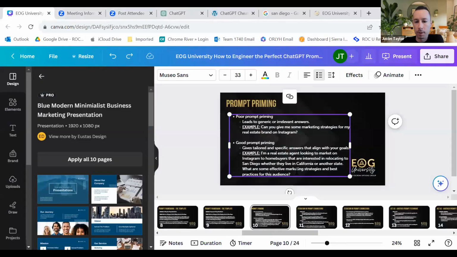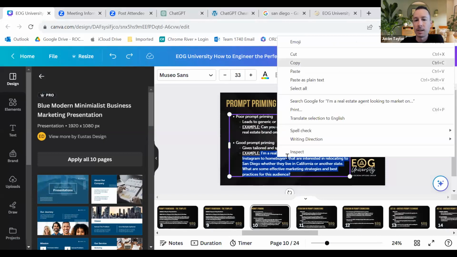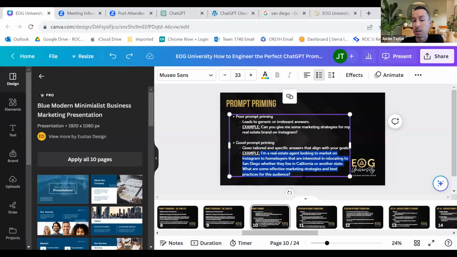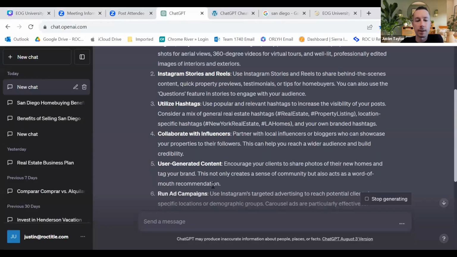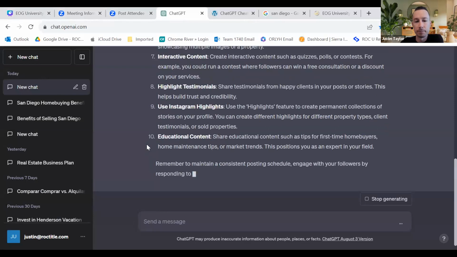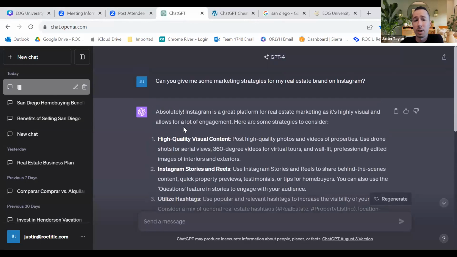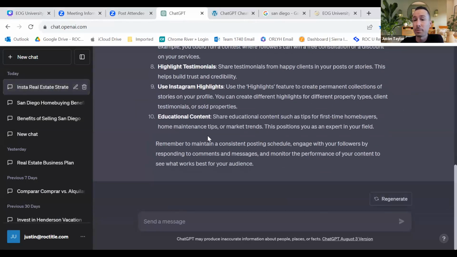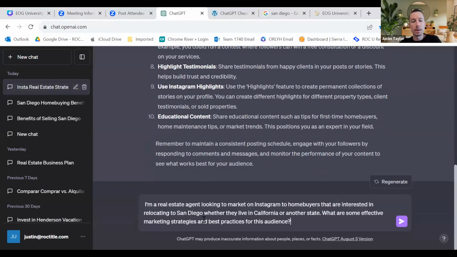So as it's writing that, I'm going to come back up here and copy this second one, and we're going to see the difference. Okay. It gets more industry specific because we're talking about a real estate agent, who your ideal audience is, new home buyers, and location. So it gets a lot more specific. This one's still writing. See, it's still a very good prompt, but if you want to get super specific and strategic, I'm going to paste in the same one.